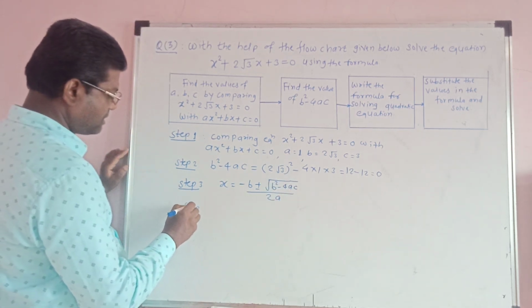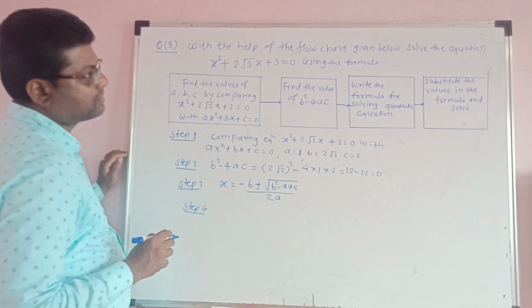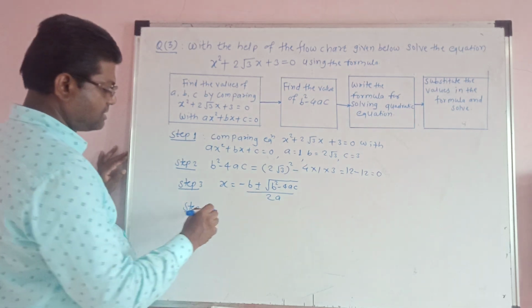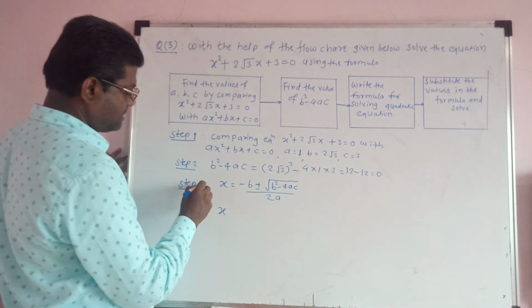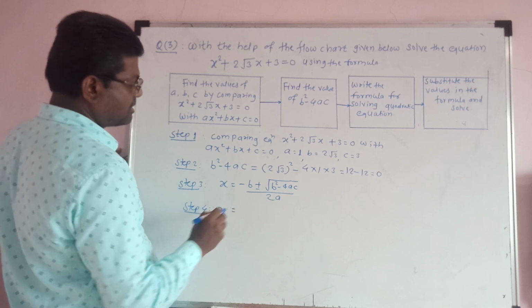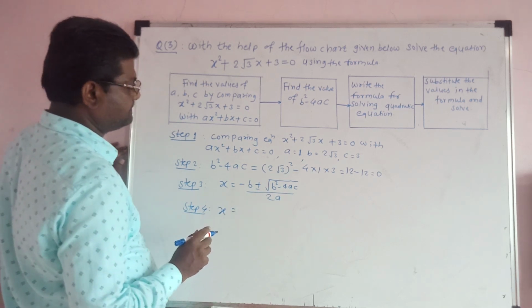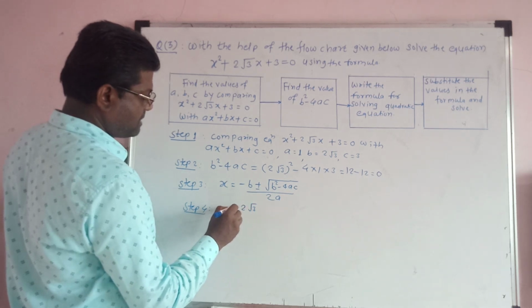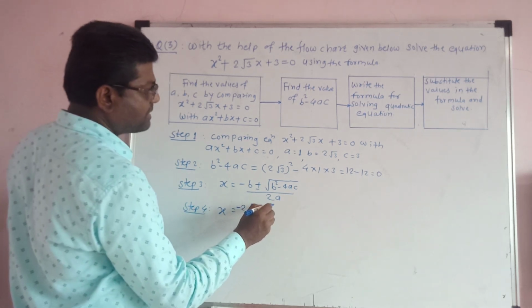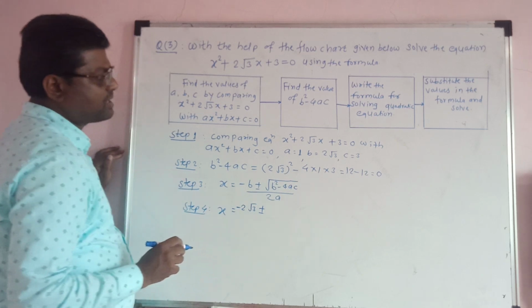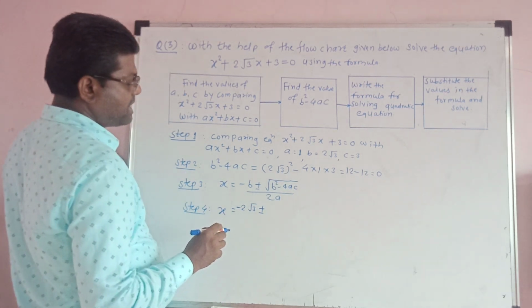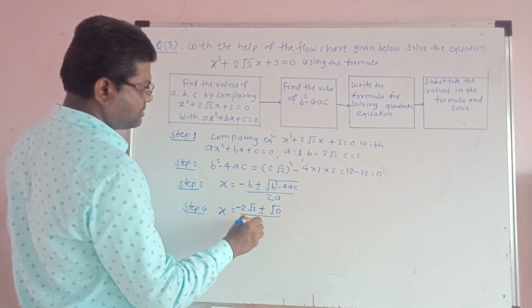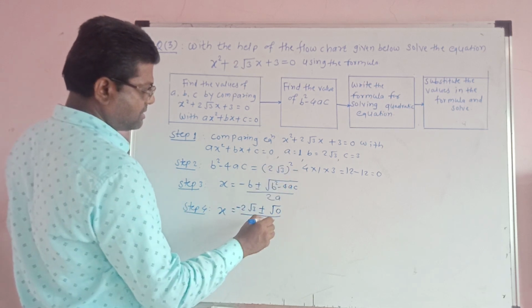Now step 4, substitute the values in the formula and solve. x is equal to, value of b is 2 root 3, minus 2 root 3 plus minus, value of b square minus 4ac is 0, root 0, upon 2 into 1, value of a is 1,